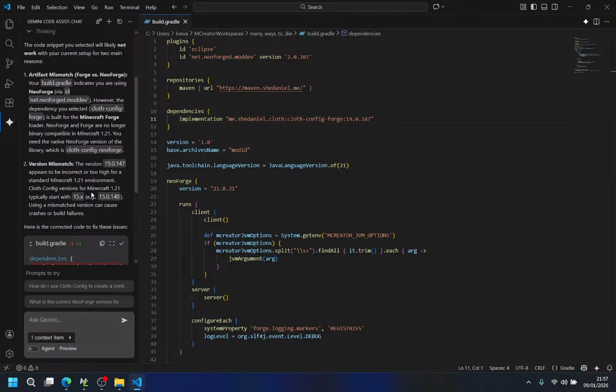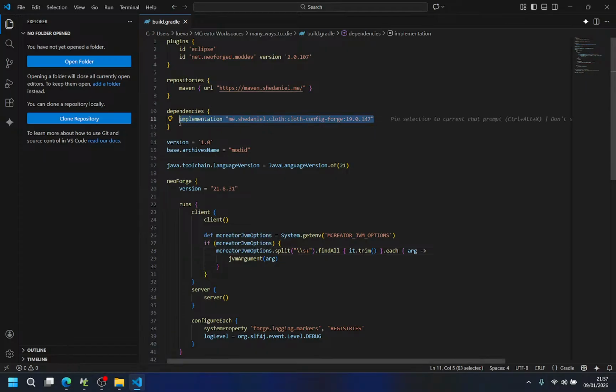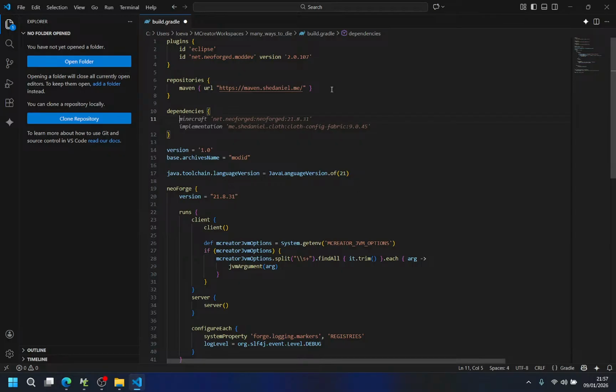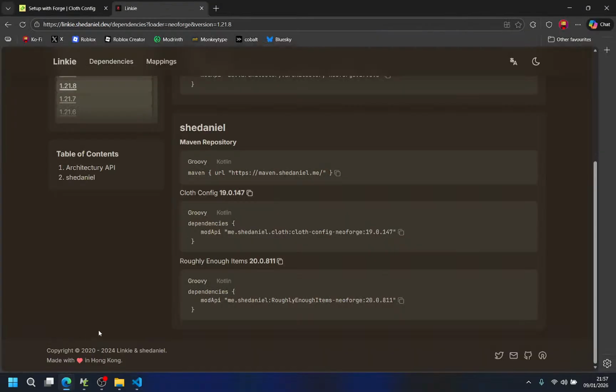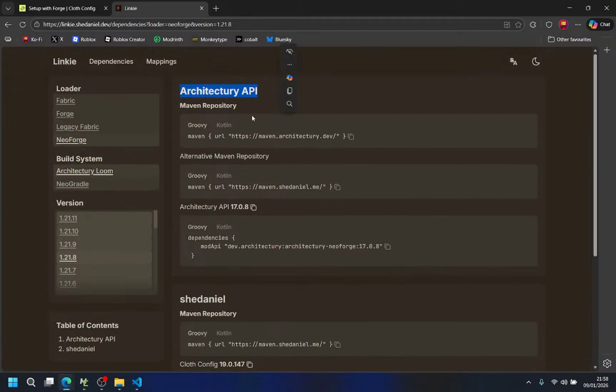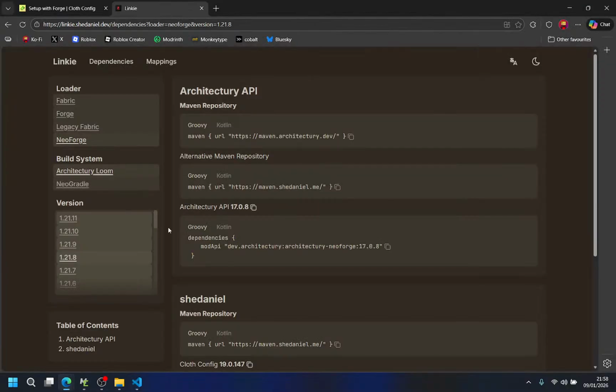Reject. I'm gonna reject though, because I want to try and do it by myself in some sort of way. Yeah, okay, so now I know what's wrong. I'm gonna disable everything. But wait, because there's a problem here. So that's the actual thing we want, right? We do not want this. Or do we? I'm gonna import them all. So the Maven repository for this, I'm gonna put that here. Then we want the alternative one.